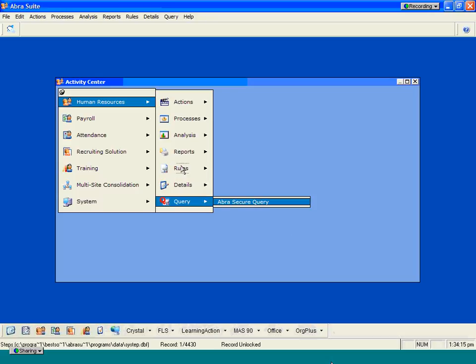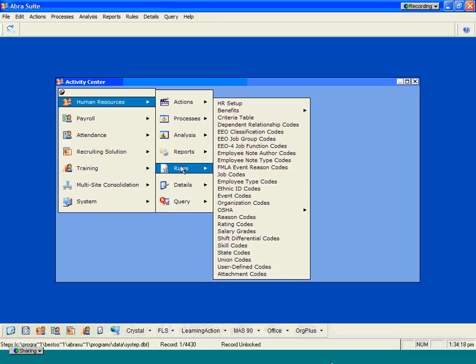The next area that I wanted to talk about was this area from navigation called rules. When you navigate to this particular area, you'll see that this is the area that holds all the code tables in the application. The system is code table driven. When you look at the individual screens of information, you'll see that there's lots of different pull-down windows that are available. All those individual pull-down windows in the system look at the code tables that are set up out here